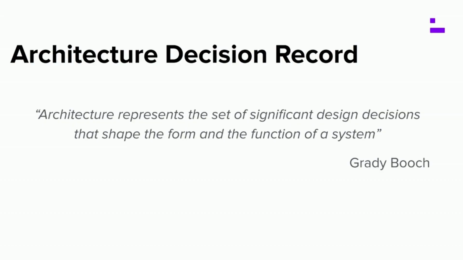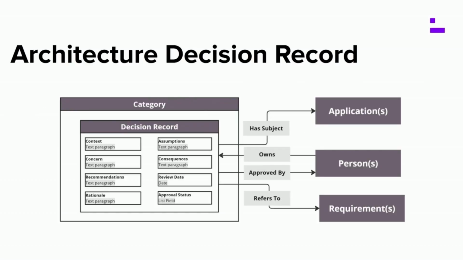Let's take a look at the Metamodel to see how a decision record is described and linked to other components in the graph. A decision record is similar in structure to a pattern description, so it follows the same Alexandrian pattern language we use to describe architecture design patterns. We'll take a look at the fields that fall within the decision record component type when we view the survey that is used to create and update decision records, so for now we'll focus on the references to and from